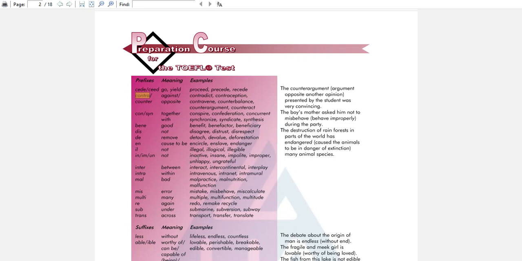Okay, and then the next one we have de: detach, devalue, deforestation. The meaning is removing. Detach. Detach means like attach and detach. Assemble and then disassemble. That's similar. And then we have intra, and then mal: malpractice, malnutrition, malfunction. So what you have to do is, for this unit, try to be familiar with the prefixes